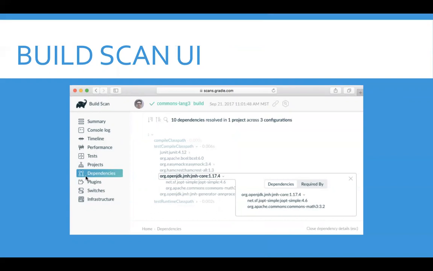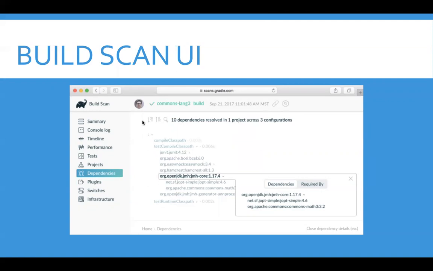It provides us summary, timeline, performance, dependencies, everything that is included in your project here. And it also provides us ideas on how we can optimize our builds, how we can increase the performance of our builds. How Gradle provides it, you just have to run a simple command in the root directory of a project.